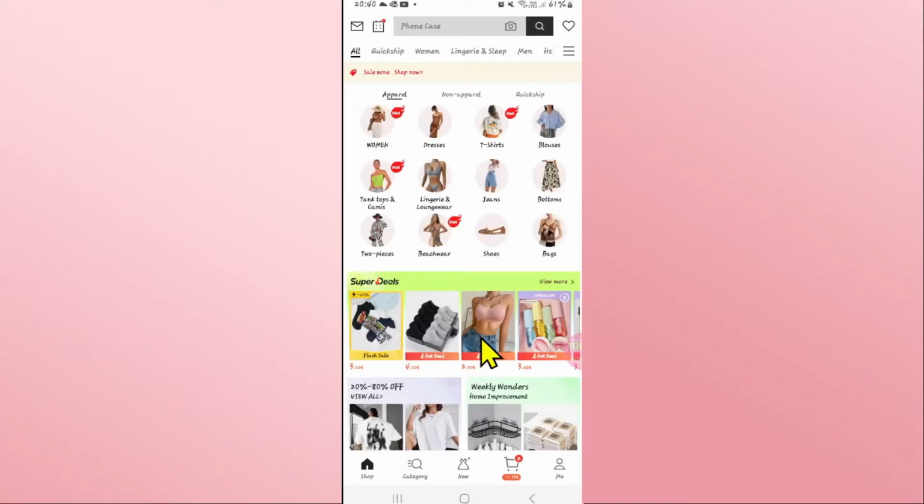And if you haven't logged into your account already, go ahead and use your email address and your password to log into your account. Once you have been logged in, you will be taken into the homepage from which you can directly start shopping. Now, if you wish to contact the support and live chat with them, tap on the